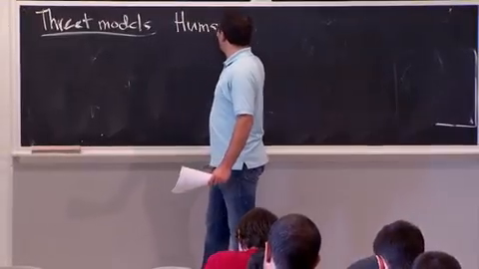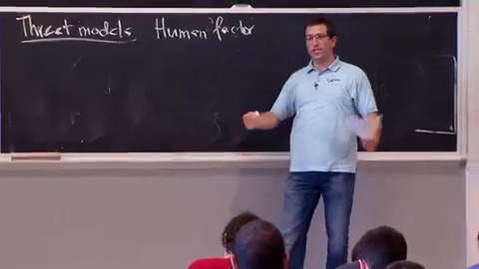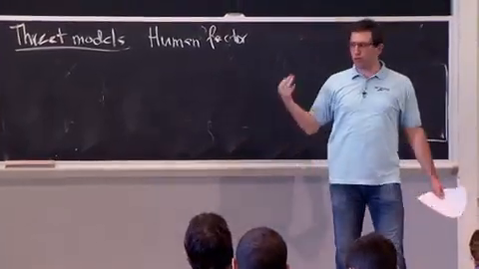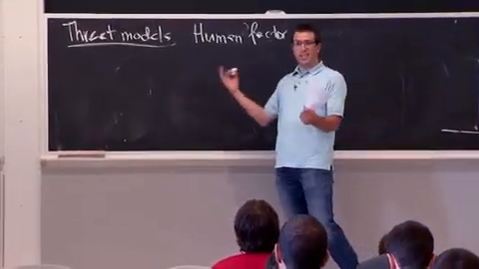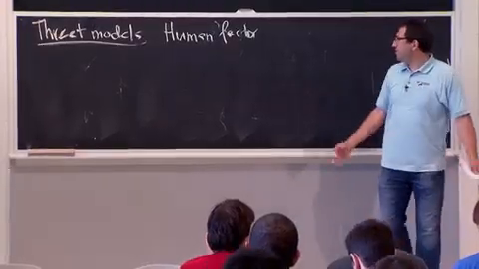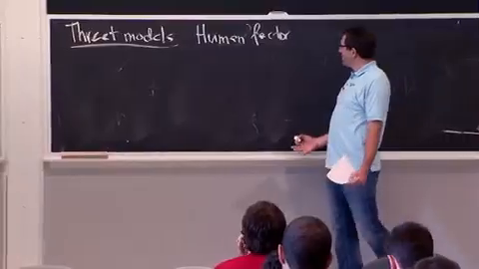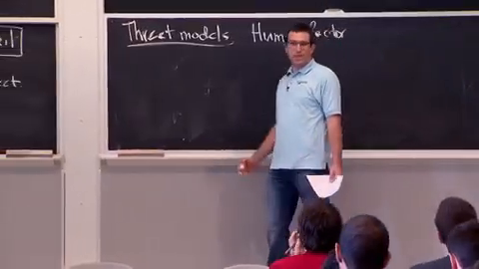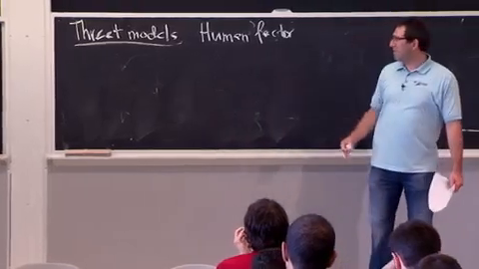So we often make assumptions about what people will do in a system, like they will pick a good, strong password, or they will not click on random websites that they get through email and enter their password there. As you probably suspect, and in practice happens to be the case, these are not good assumptions in all cases, and people pick bad passwords, and people will click on random links,